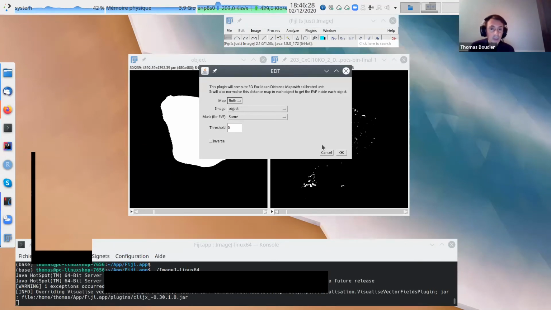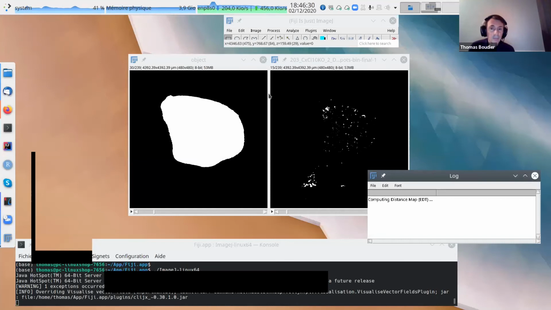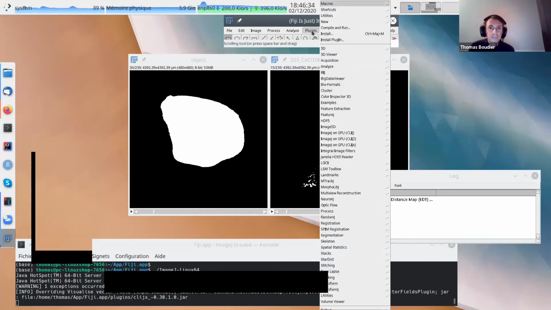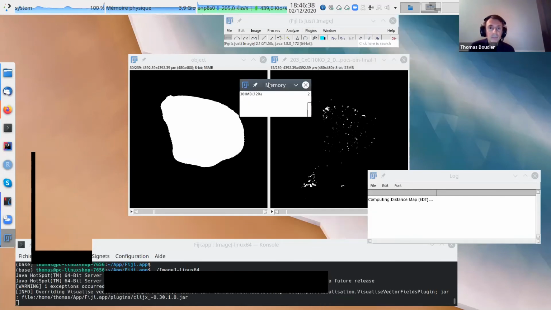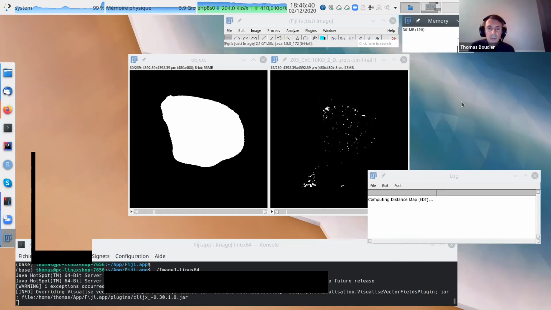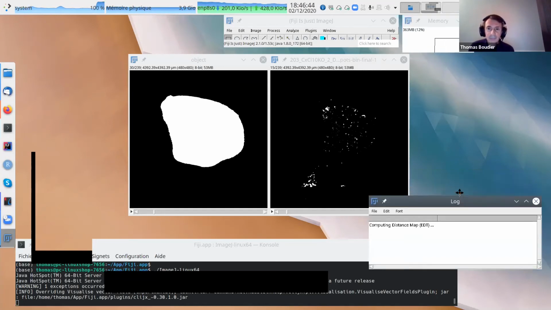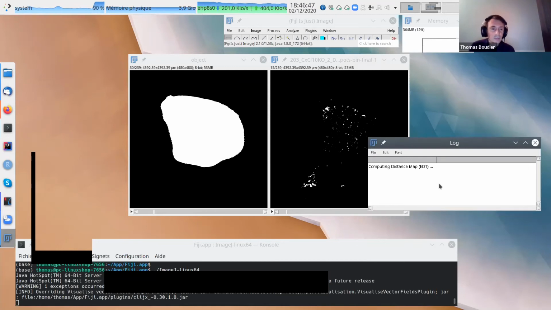Both. Object. Okay, now it should not. Oh, my computer is so lousy.